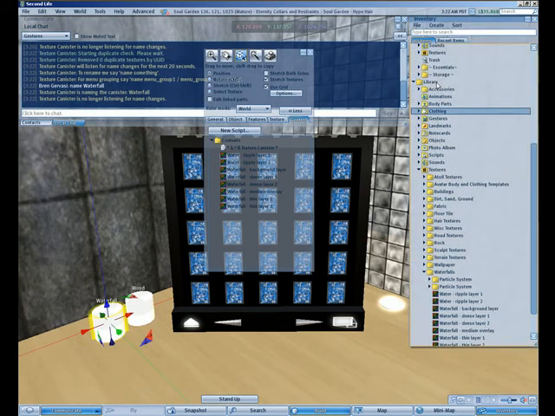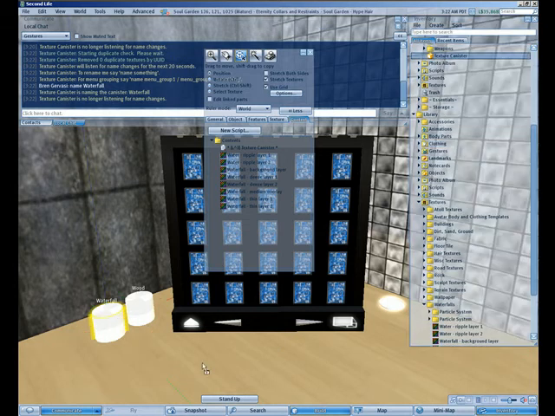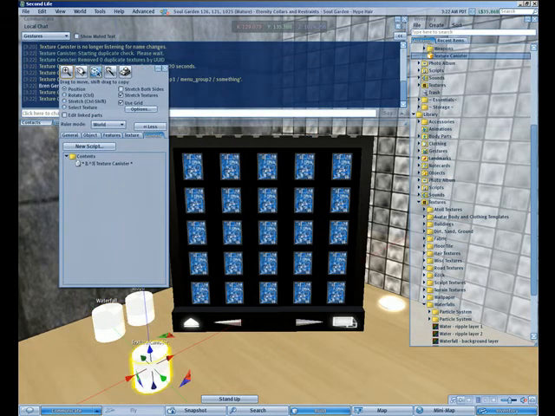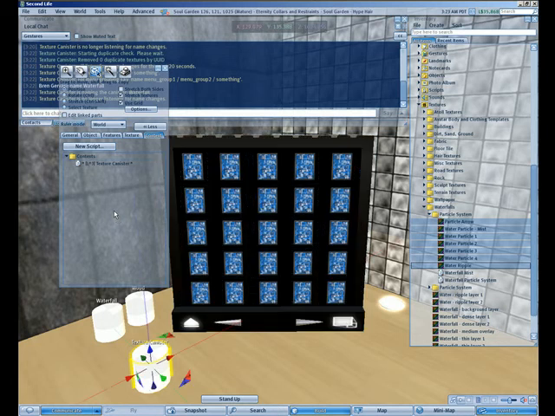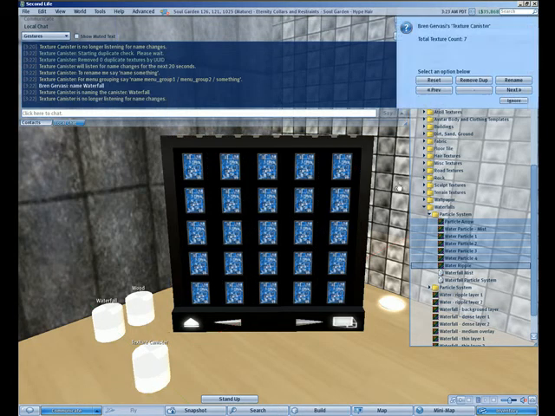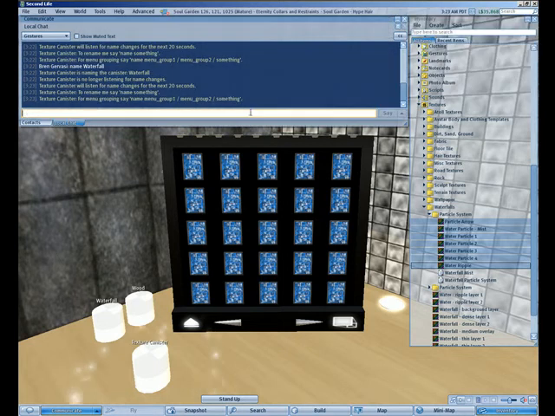Let's grab another texture canister, Resident World, and take one of the particle systems. Now each one of these canisters within the texture vault needs to have a unique name. This is not just a requirement from the texture vault itself, but Linden Labs really actually won't let you put two different objects with the same names of the same type. So we'll go ahead and select the first particle system and throw those guys in there. And we'll go ahead and rename it. So let's click rename again, get our familiar message there, and name it